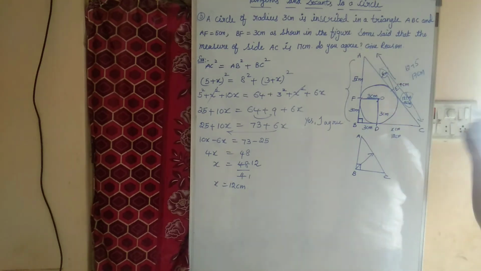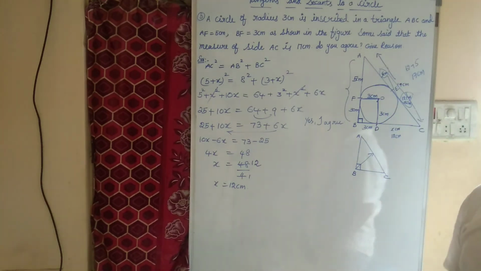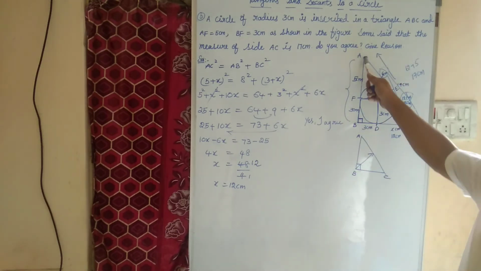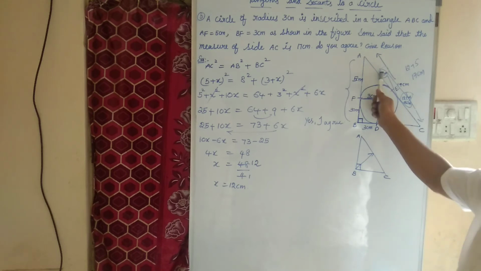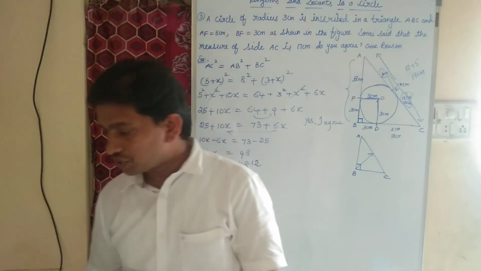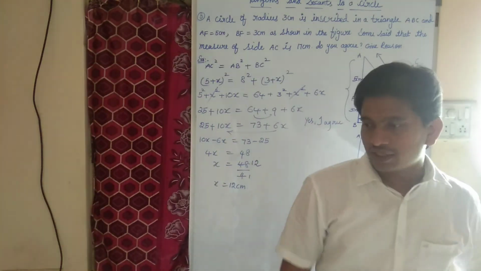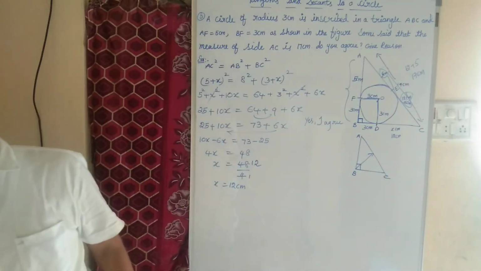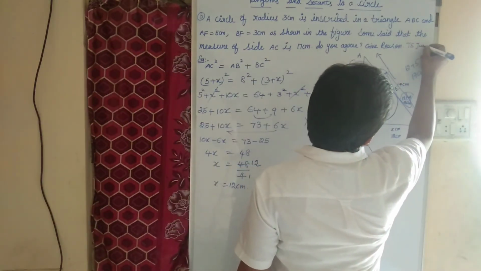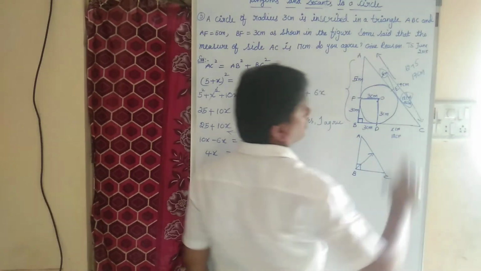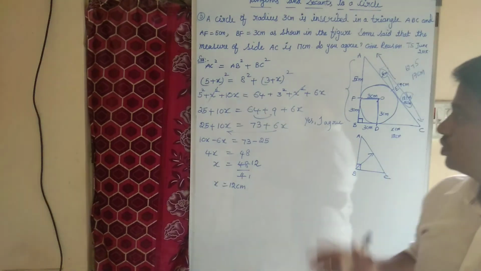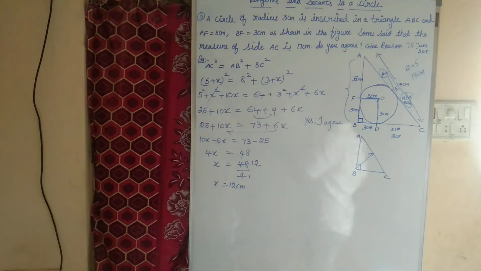Because AC equals how many centimeters we got? We got AC equal to 17 centimeter. Before, we took the AC value as 17 directly; we should not take it like that. AC is nothing but AE plus EC, 5 plus x. We got x value 12 centimeter. Okay children, this question is also a very important question. They asked this in TS June 2018. This method of question is in your textbook also, exercise 9.2. Children, you practice once so that you will get the 4 mark question easily.